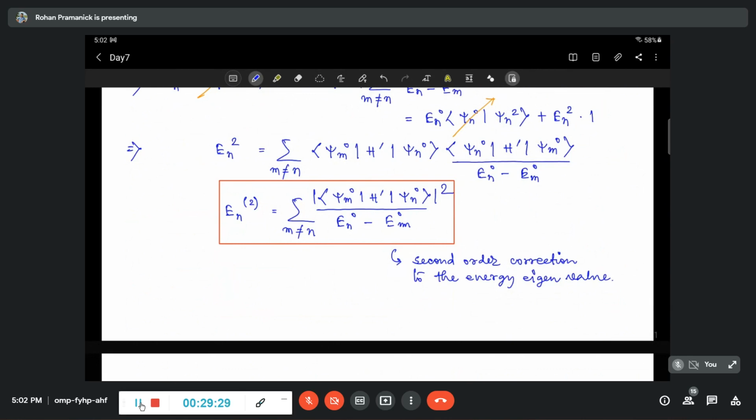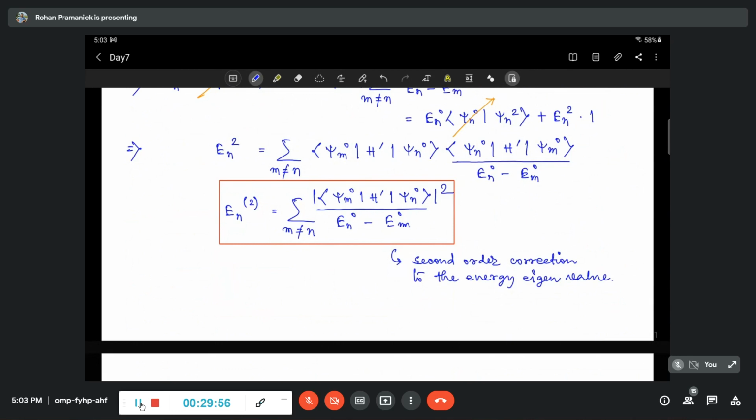So it would be nice if you have some kind of compact expression like the first order energy correction, where you have to do only one integration and that's all. In this case, that is not the case. So this is the energy, this is the difference between these two corrections in energy eigenvalues. So what now I will do is that